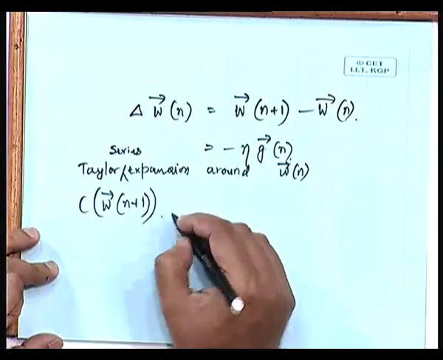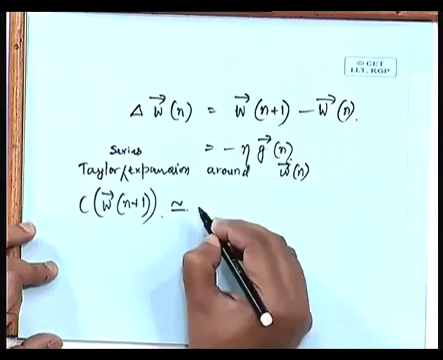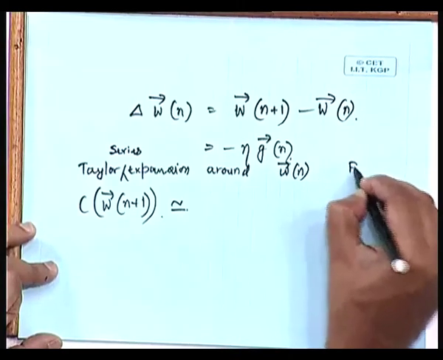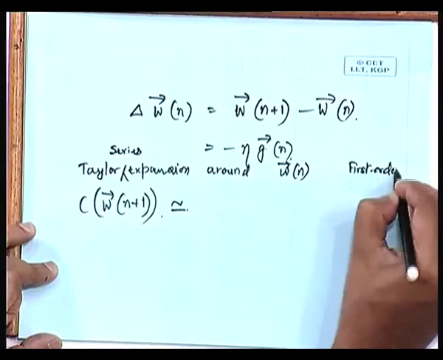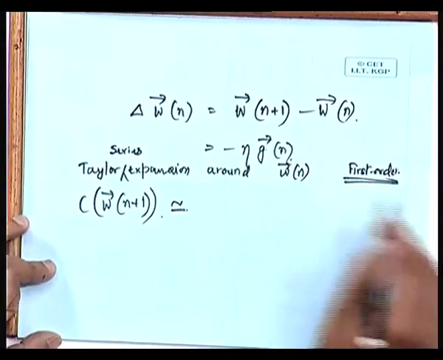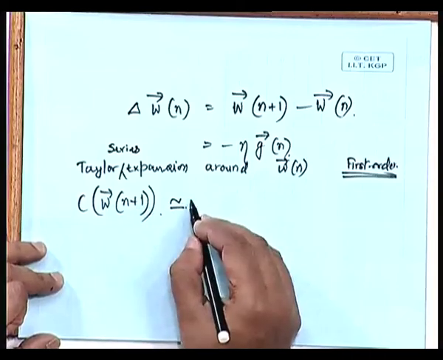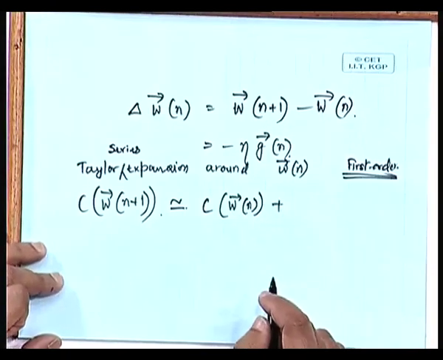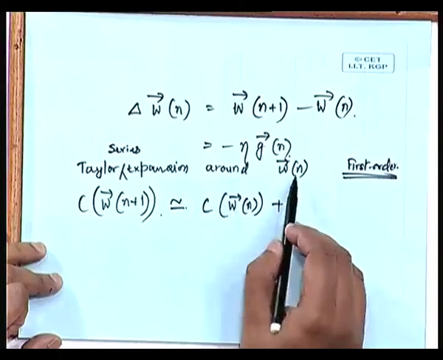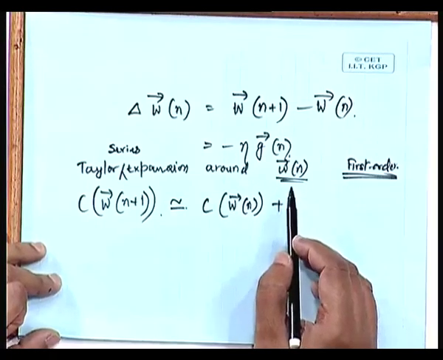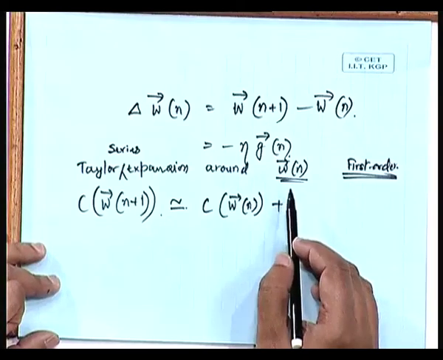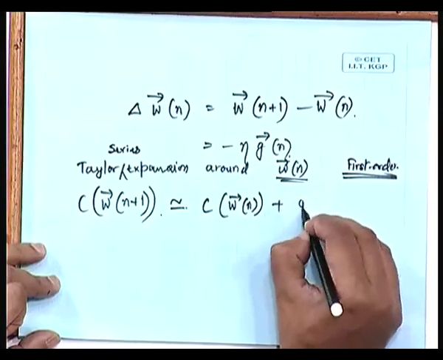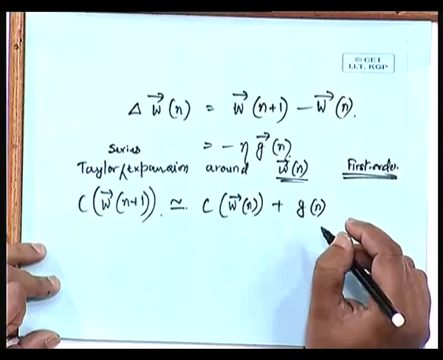We simply make a first order assumption of the Taylor series expansion, so that we can write C W n plus 1 as C W n plus the gradient. Because we are making the Taylor series expansion around W n, it is the gradient at W n, and what is the gradient at W n? G n, that is correct, and this should be multiplied by